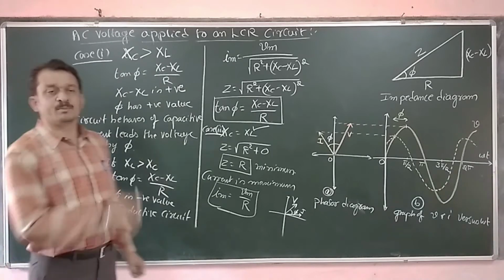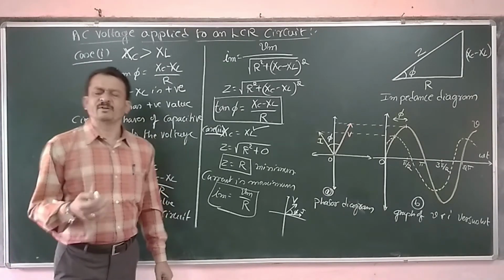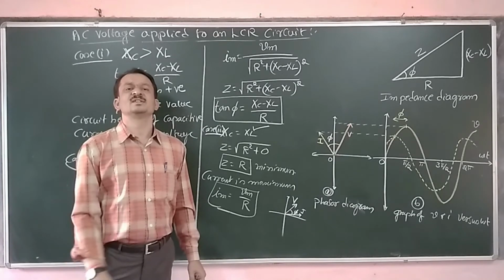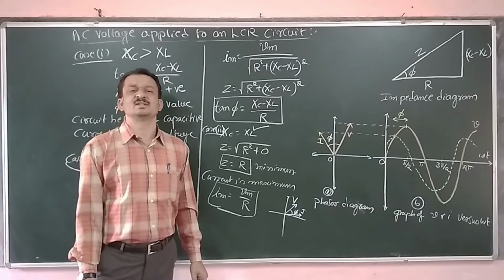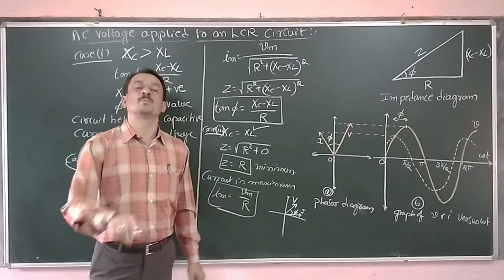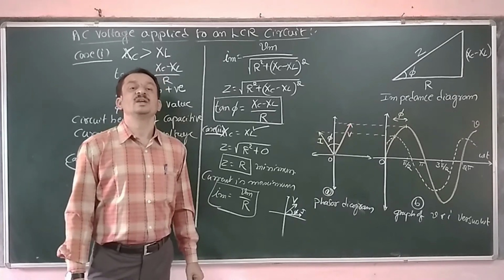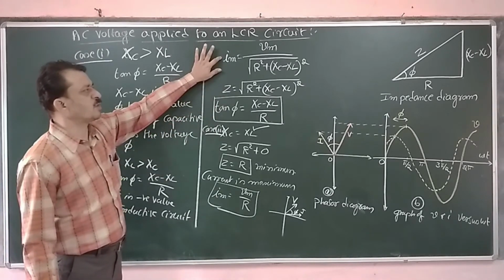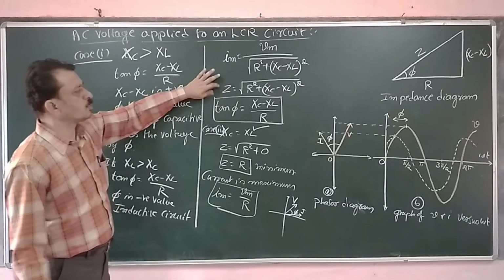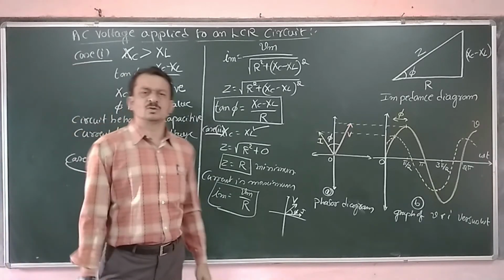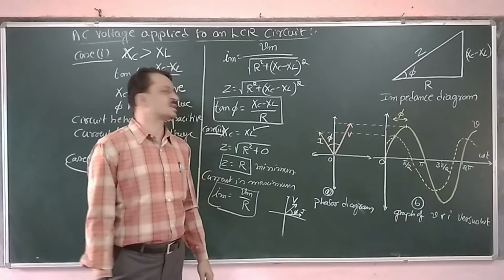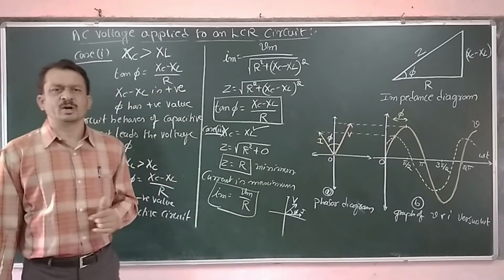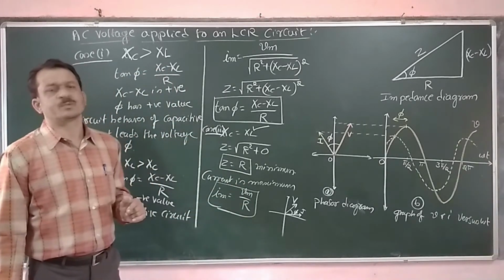So this is a very important question. Derive an expression for current in the case of a series LCR circuit whenever AC is applied, and hence obtain the expression for impedance of the circuit. This expression you have to derive. From that we have to obtain Z, which is equal to the square root of R square plus Xc minus XL whole square. This derivation is very important for 5 marks.